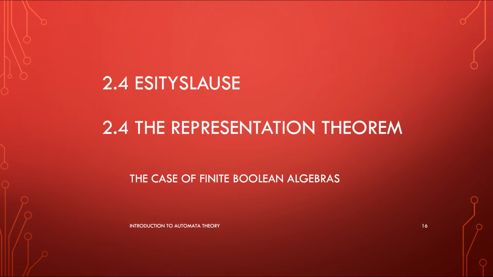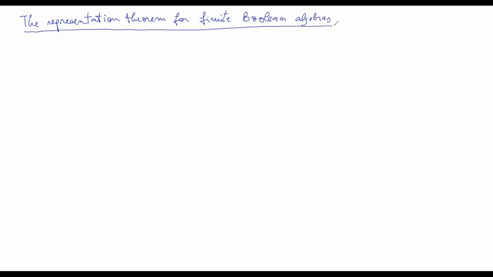I discuss in this video the so-called representation theorem for finite Boolean algebras. I will go through a number of steps to get to this result, but I want to tell you right from the beginning what this theorem is. In some sense, it's a surprising result that I hope you will appreciate from the point of view of its mathematical beauty. So what the result is that I'm going to eventually prove after I set up some foundations is